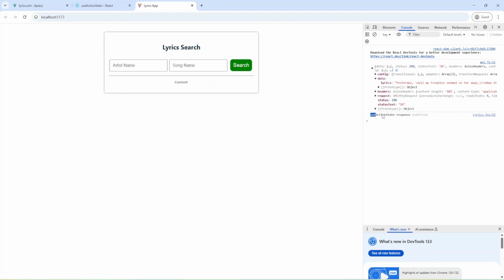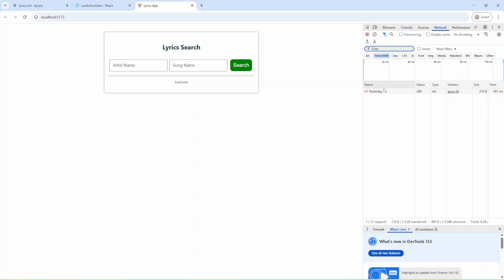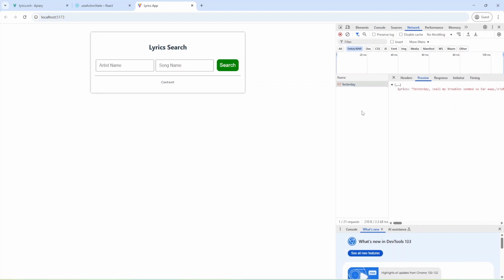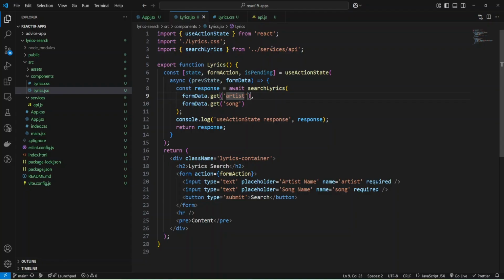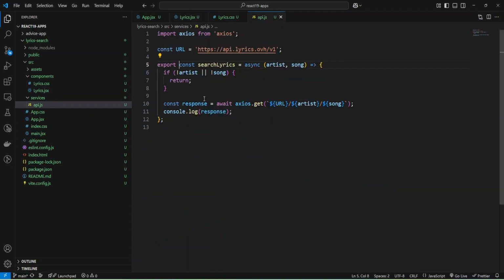And as you can see, we have data in response, and also we have lyrics, and we don't have some response in our hook because we haven't returned anything in our API function. And also we can check network, but we retrieved the data, and now we can return some value. And let's go to our API, and here I would like to return some object.